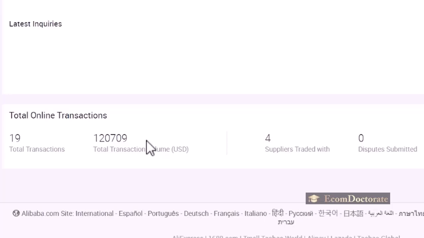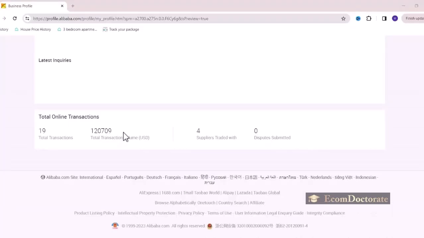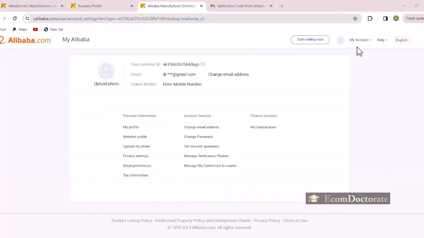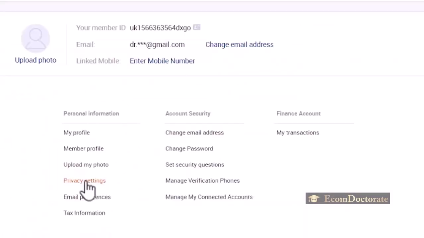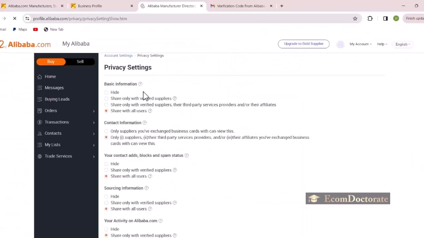And also, as I tested with a new account, a different brand, I found the same situation as well, that suppliers choose to reply to some people. So your profile has to be either, as I said, got transactions, or is hidden, for them to actually choose to reply to you. So to change the settings, if you go to my account and then privacy settings, so these are the questions that will appear: